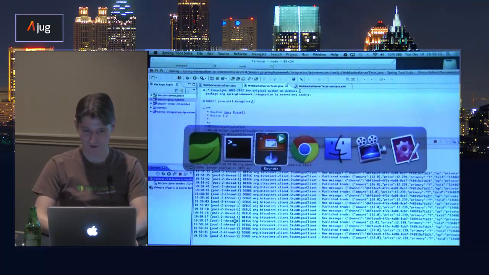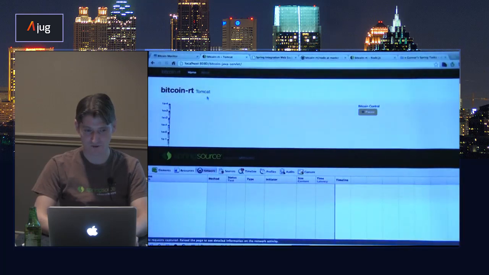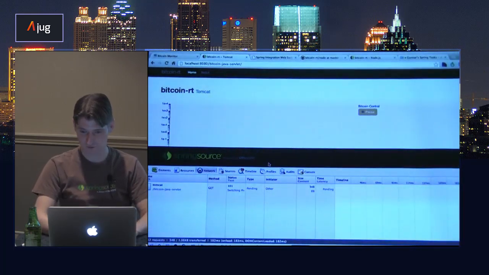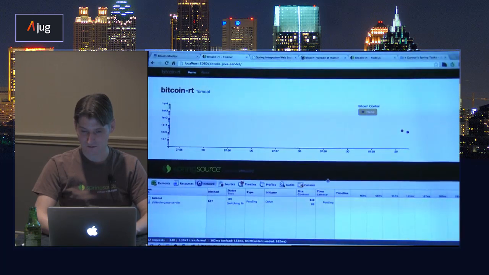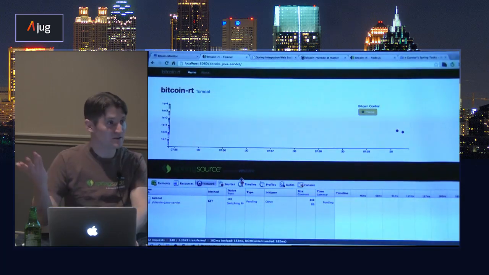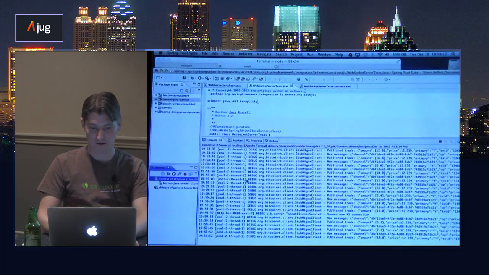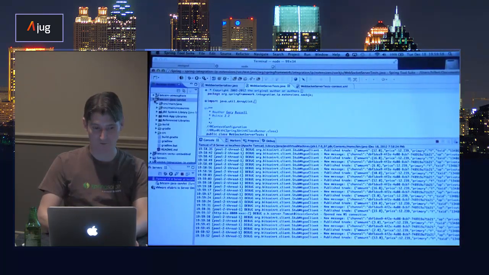So let's go into the browser. Bitcoin RT, refresh. We got the switching protocol, and we see the first trade coming in. Everything works. Cool. Same as the Node.js implementation. Not that much else to see.